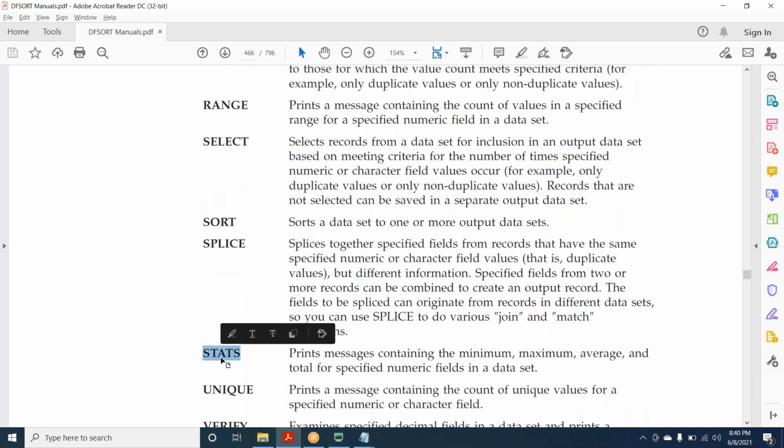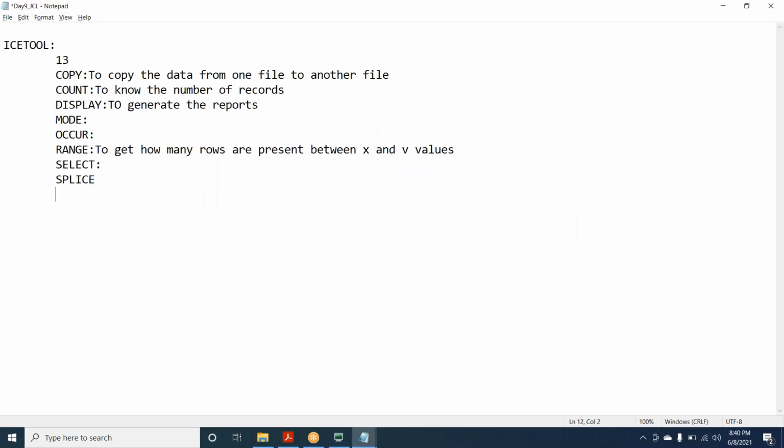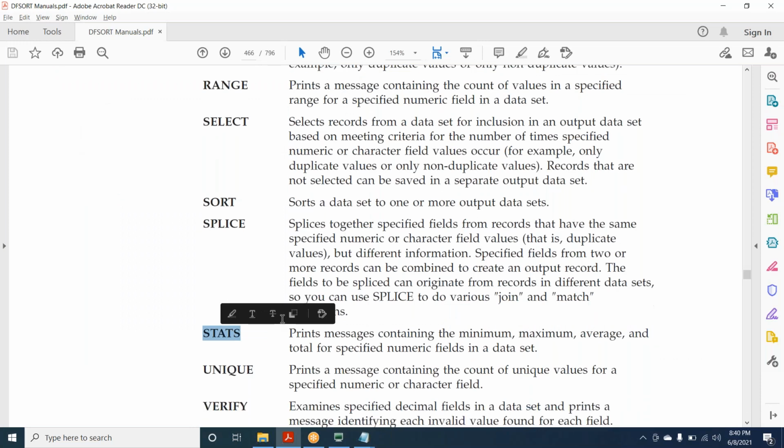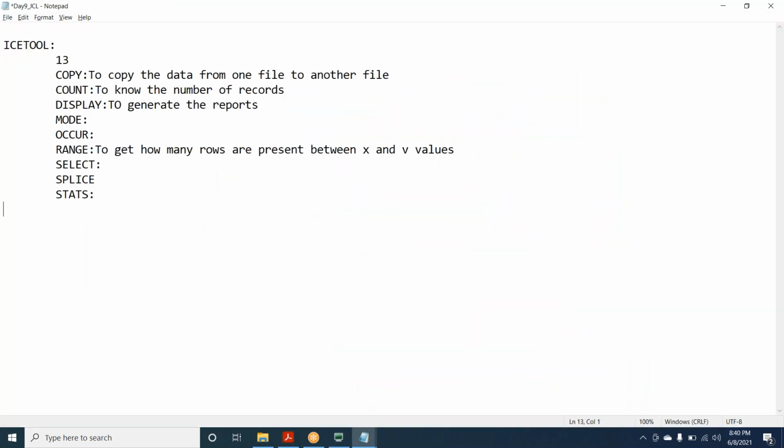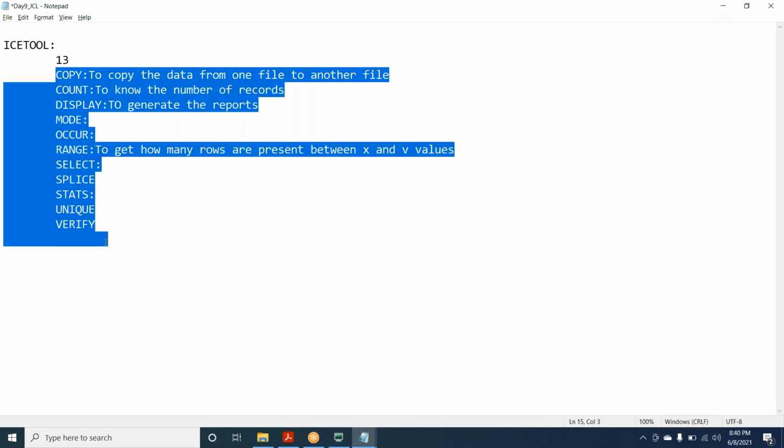Then there is something called stats, if you want to get statistical information, and then unique and verify. These are the 13 operators within ICETOOL.